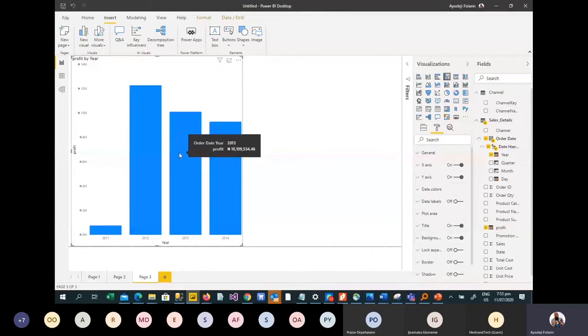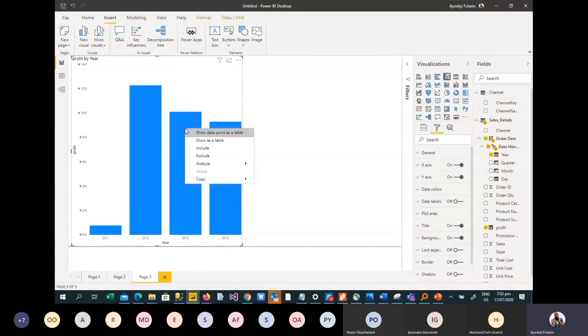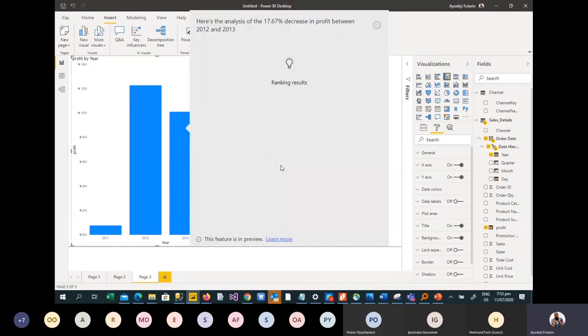Power BI says don't stress yourself thinking about the analytics involved. Just say analyze. Under analyze, right click on the bar in question. This is the bar in question. I can come here and say analyze. Analyze, explain to me what led to the decrease. Once I click on that, Power BI will tell me here is the analysis of